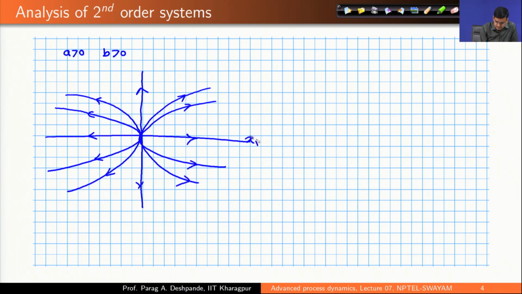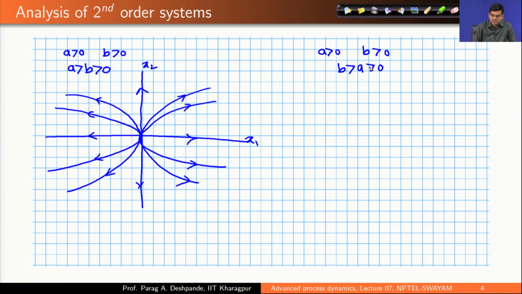This is x1, this is x2, and the condition was that a is greater than b is greater than 0. Now, what is going to happen when a is greater than 0, b is greater than 0, but b is greater than a,